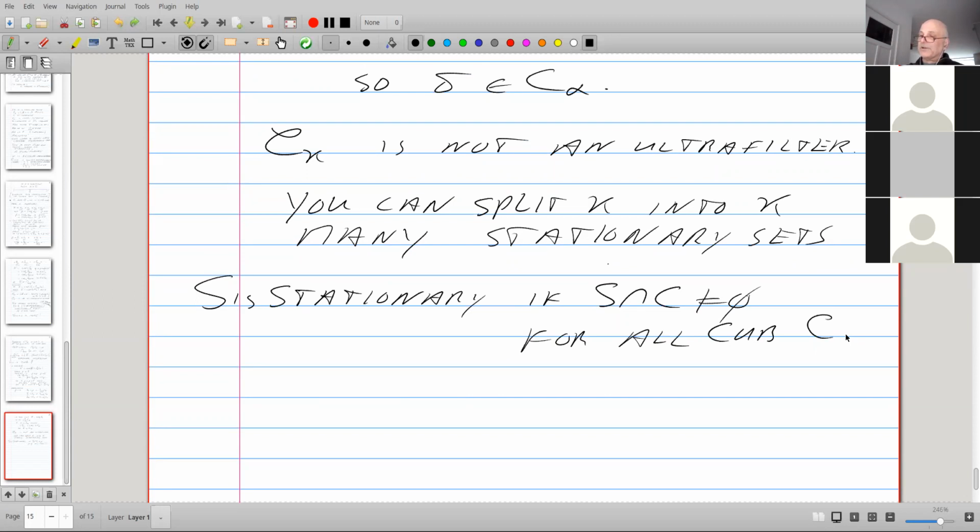That is what we call stationary. Now, the definition of the word stationary, the word actually comes from a property of stationary sets. And so why don't I finish with that important theorem?